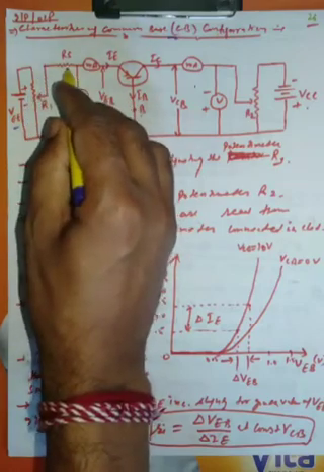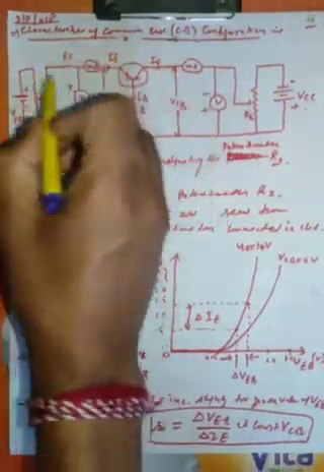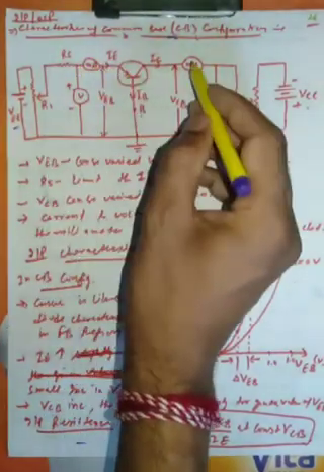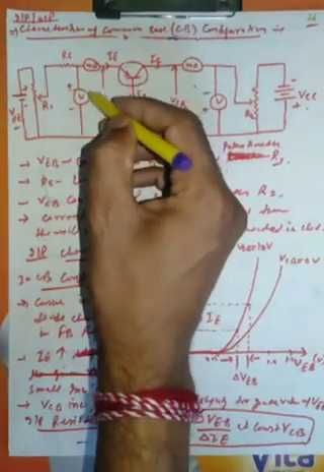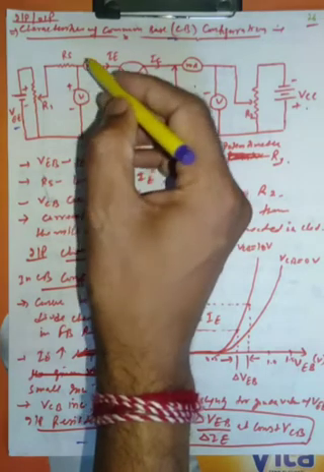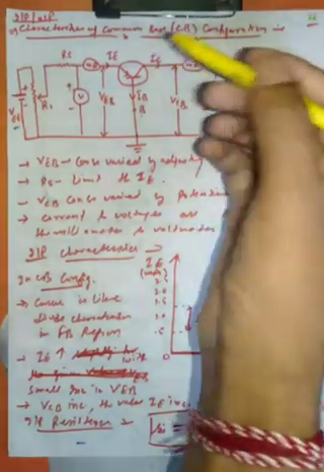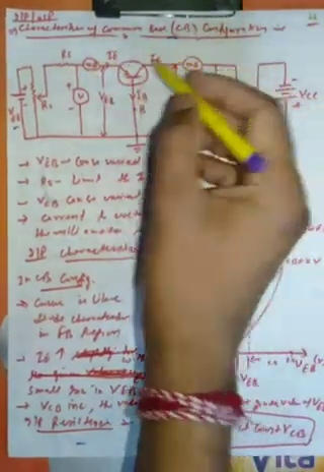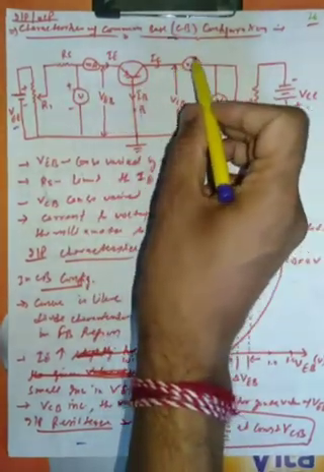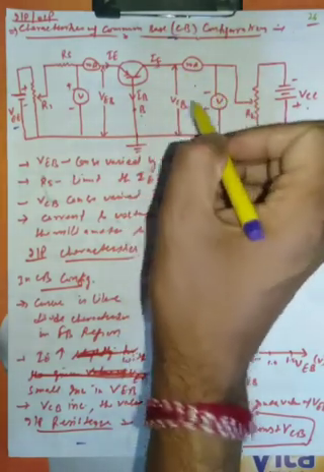This is RS, a resistor which is used to limit the emitter current flowing through this point, and the milliammeter and voltmeter are used to measure the current and the voltage readings. The voltmeter is used to measure the voltage, and the milliammeter is used to measure the current flowing through the emitter, and the same on this side: the milliammeter and voltmeter measure the collector current and the voltage across the output side.